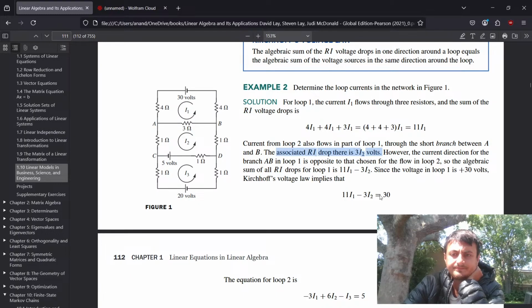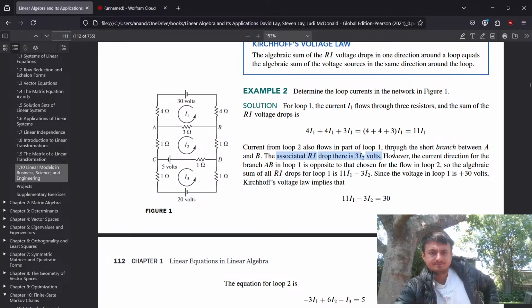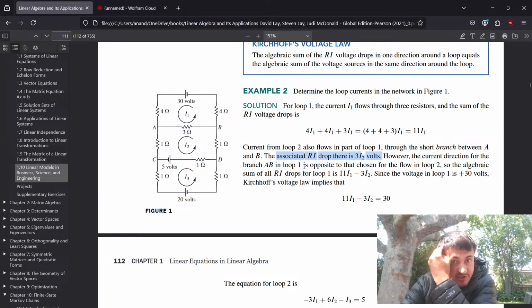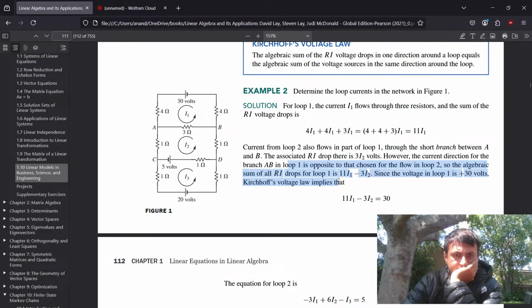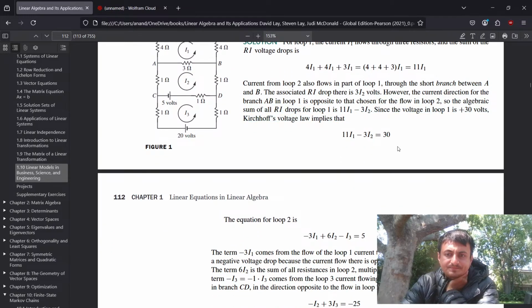Therefore, okay, and we know this is 30 volts. However, the current direction for the branch AB in loop 1 is opposite. Oh, interesting. Yeah, you got to pay attention to that. It is opposite to that chosen for the loop flow. So the algebraic sum is 11I1 minus 3I2. Since the voltage in loop 1 is 30 volts, Kirchhoff's voltage law implies